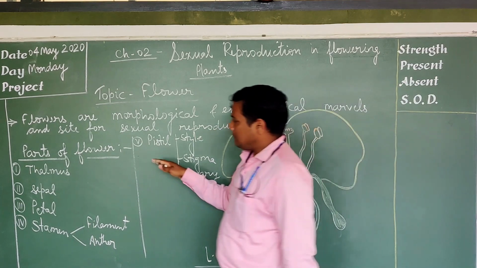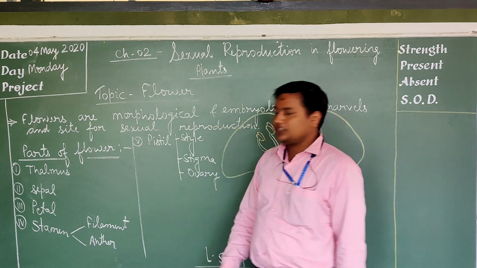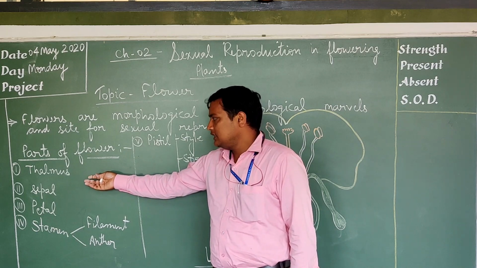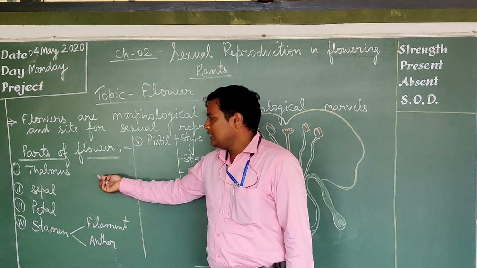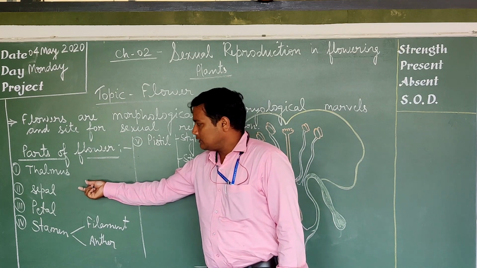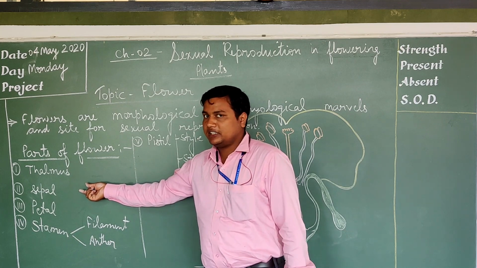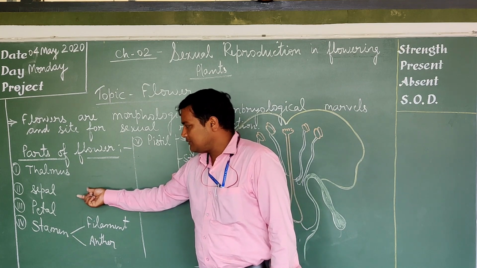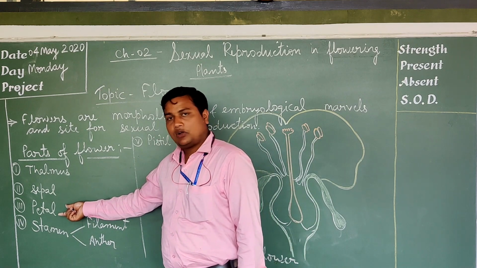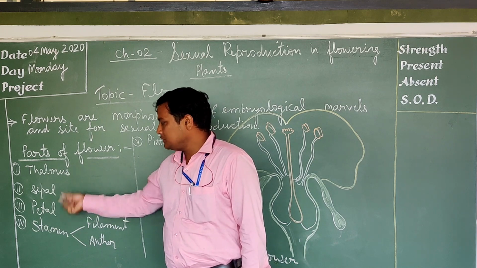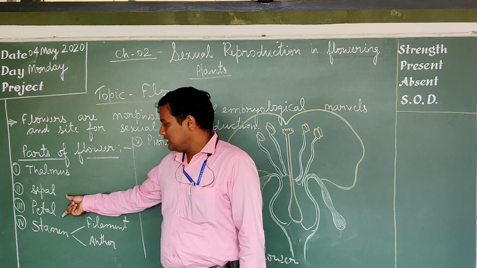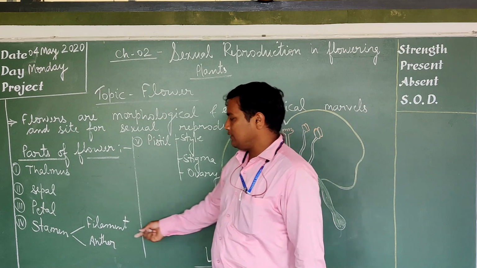If we discuss the parts of the flower, the flower is categorized into various parts. The lowermost portion of the flower is known as the thalamus. The thalamus holds the ovary. The green portion of the flower which covers the flower during the bud condition is known as sepal, and the colorful part of the flower which attracts insects and pollinating agents is known as petal. Petal and sepal are the non-reproductive parts of the flower, and the reproductive part of the flower is the